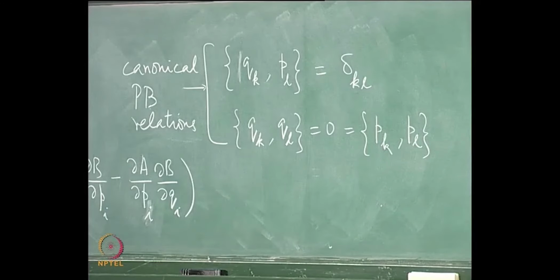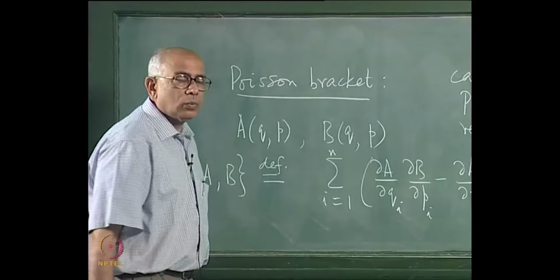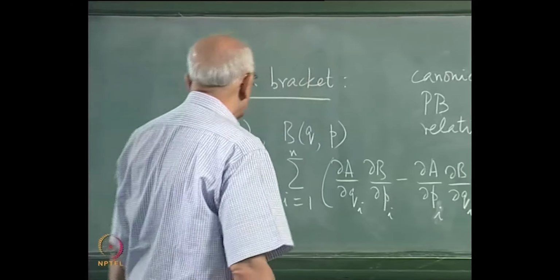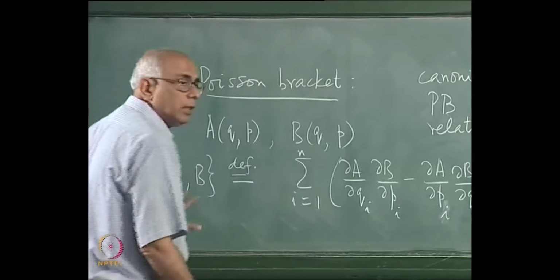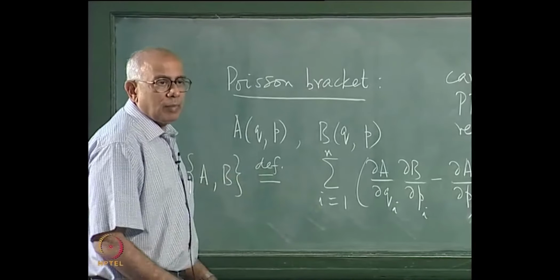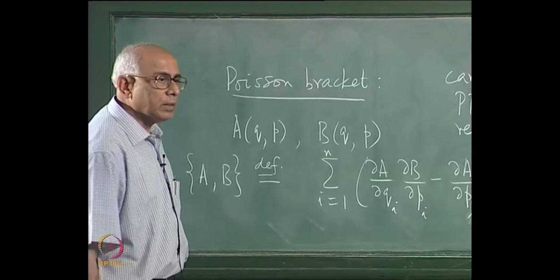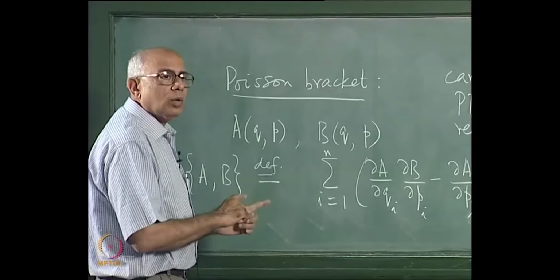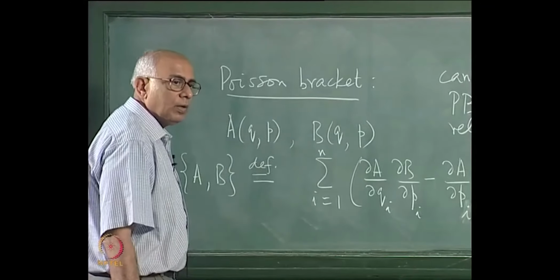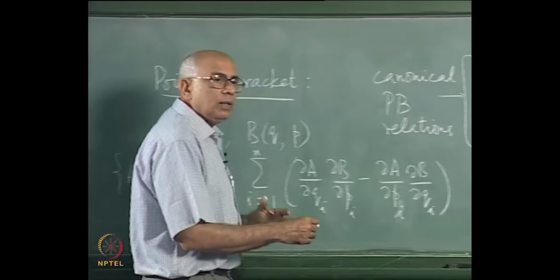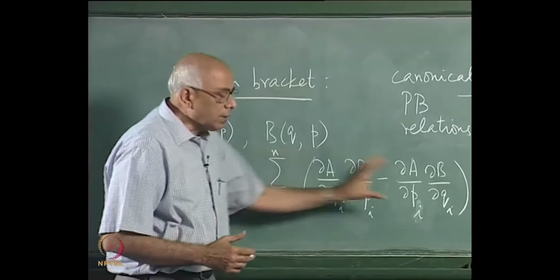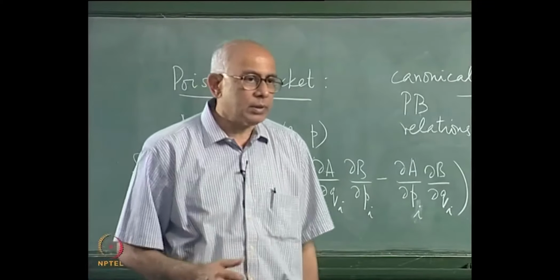You might ask, why am I defining a Poisson bracket? What is the use of this? And we will see very shortly what the practical use of this is. But meanwhile, this way of defining Poisson brackets has got mathematical structure to it, very deep mathematical structure. Notice it is a bilinear operation in some sense. You give me two functions A and B of the dynamical variables of a Hamiltonian system, and I do something which involves both of them. It is a bilinear structure. In general, the right hand side is some other function of all the dynamical variables,